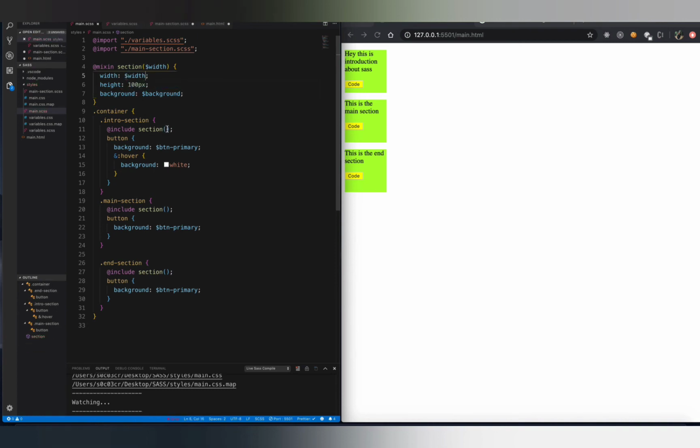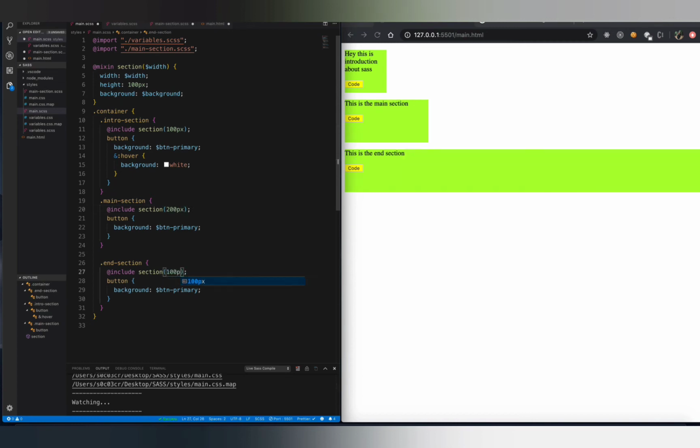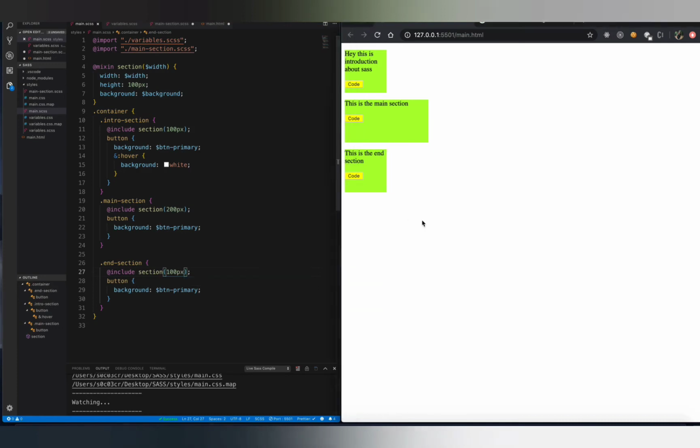So inside my section, I'll have to pass this width. So let's say I'll pass 100 pixel. To the second one, we need 200 pixel, and then again 100 pixel. Okay. So now we can see that the width of the second container has increased. The main section was of higher width, and we have achieved this with the help of arguments to the mixin, which is basically like passing arguments to a normal function in JavaScript.